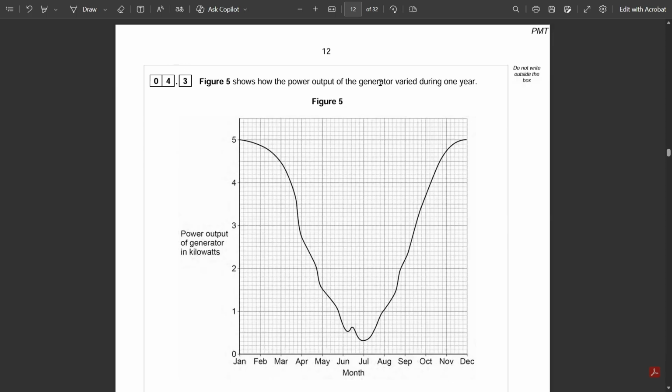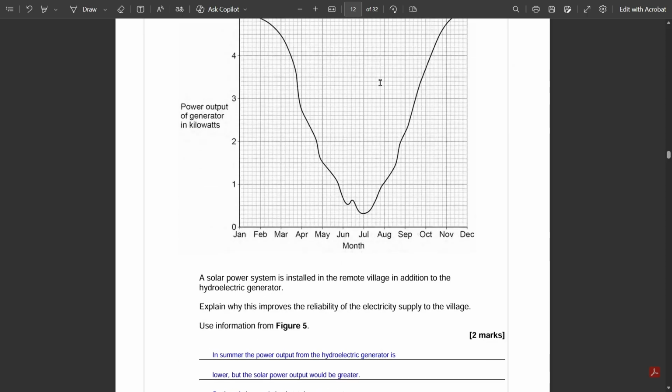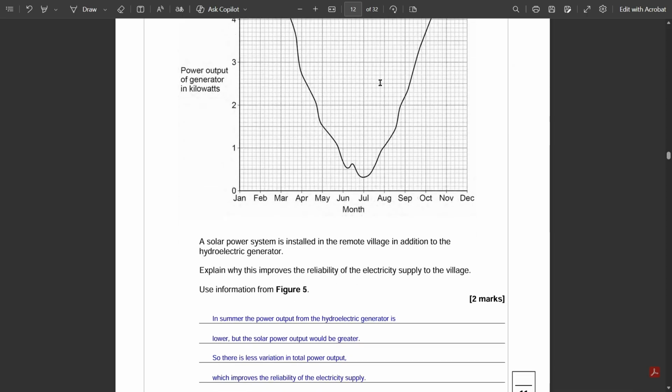Figure 5 shows how the power output of the generator varied during 1 year. A solar system is installed in the remote village in addition to the hydroelectric generator. Explain why this improves the reliability of the electrical supply to the village. Well, in the summer, the power output from the hydroelectric generator is lower, but the solar power output would be greater during the summer. So there is less variation in total power output, which improves the reliability of the electric